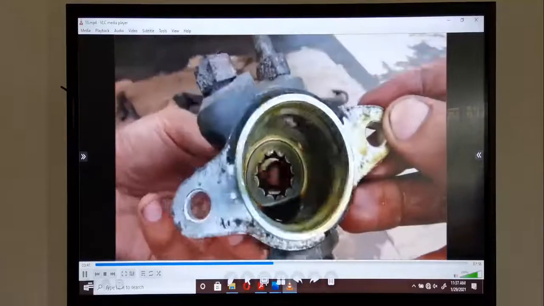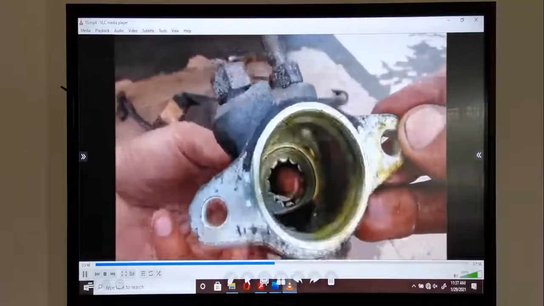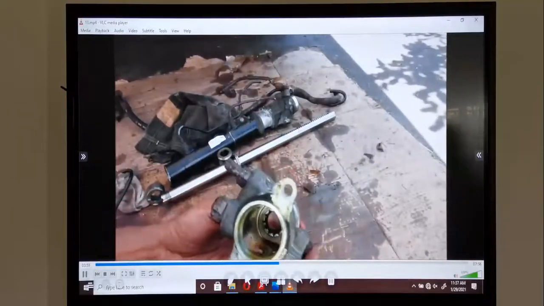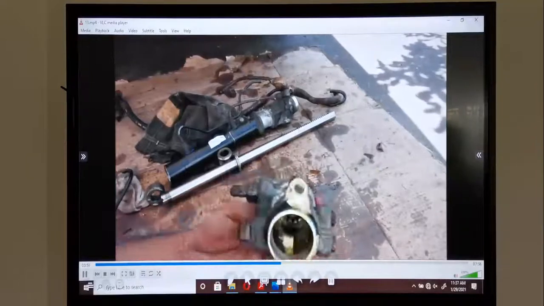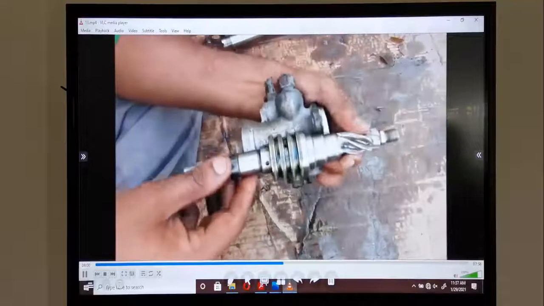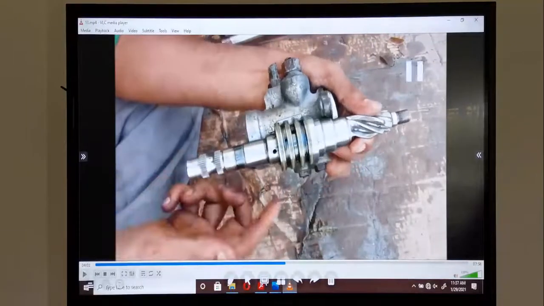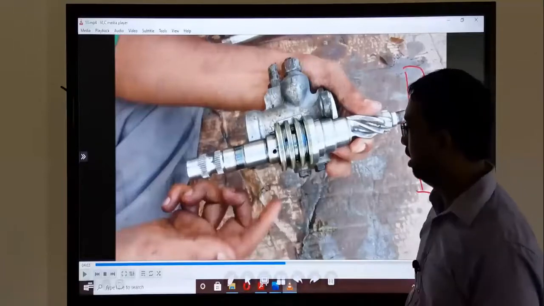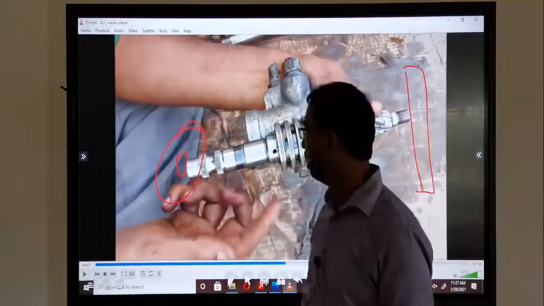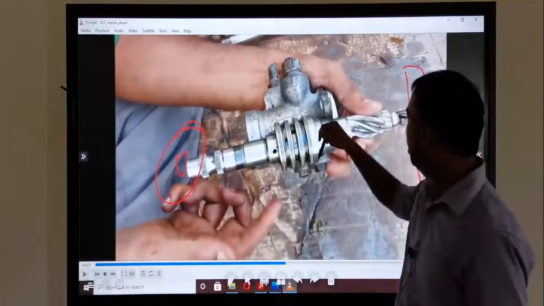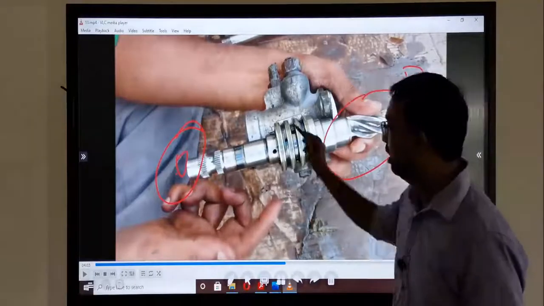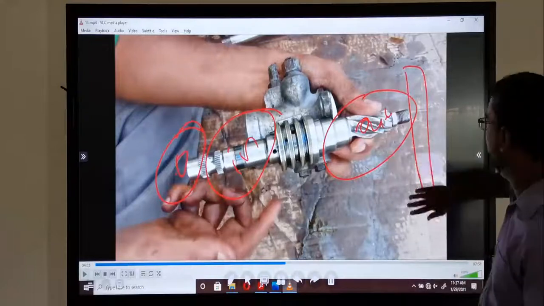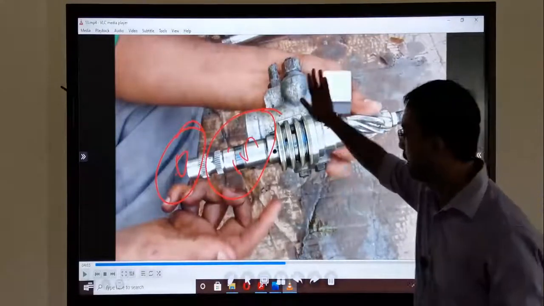This is a cover. There's a roller bearing. How do we remove the body? This is the control valve body. Now we examine the shaft of the control valve. Here this is the pinion, connected with the rack. Here it is connected with the steering wheel. So we divide it: this side is the output shaft, this side is the input shaft. Inside of this, you can see here. Now clear?